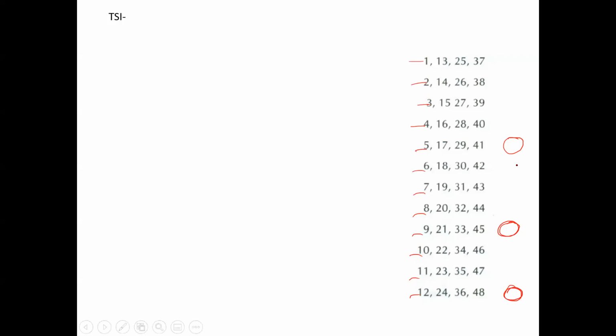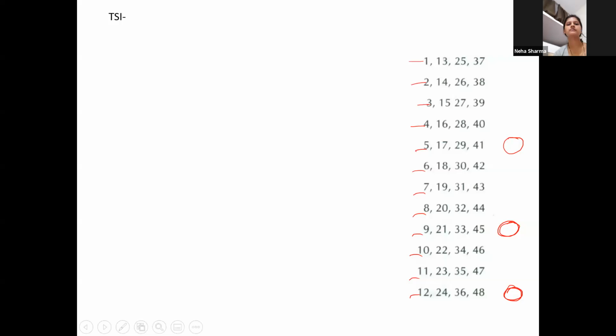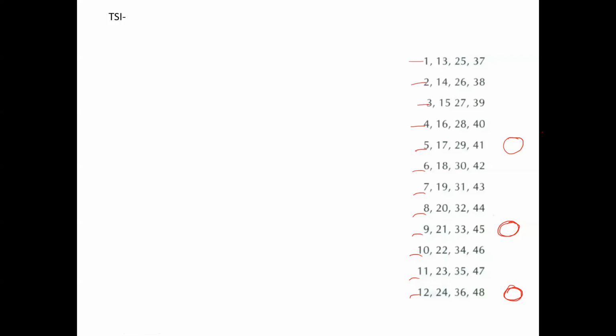Ma'am, I have a doubt. Like if I see the second row, where it is written 13, 14, and 15, this is the total you have asked us to do right now, right? Yeah. After that, I can see two more numbers like 25 and 37. This is something which I haven't... Just a second, I didn't get you. What did you say?